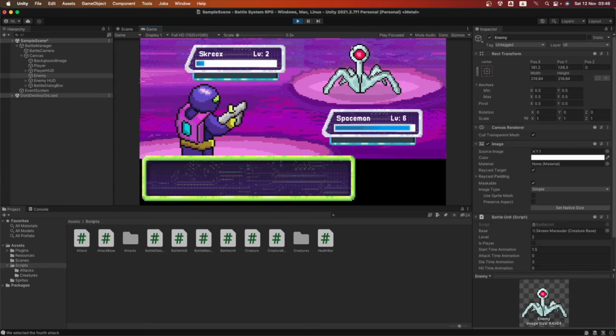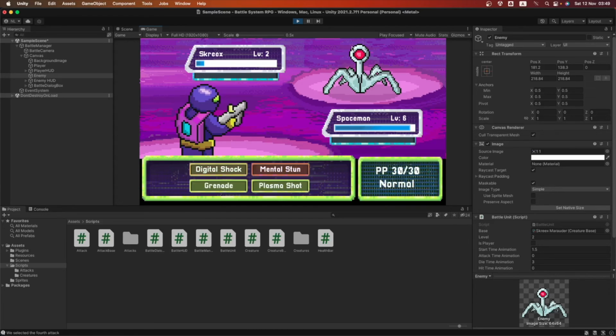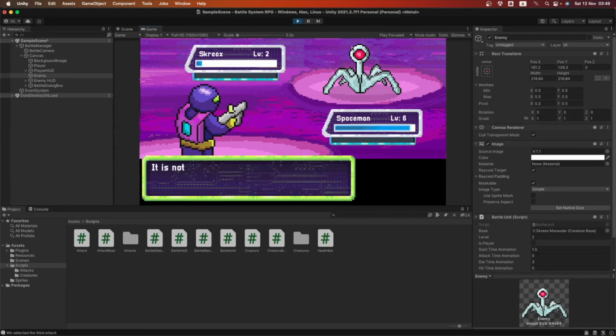So let's go into fight. Let's kill this enemy, because if I hit whichever of these attacks, I know I'm gonna kill this one. Okay, so let's hit up the grenade. We use the grenade. It is not effective, but it says we killed the Scrix Marauder. And I saw that that animation was a bit late. We already know where we can fix that. I will leave that for you.